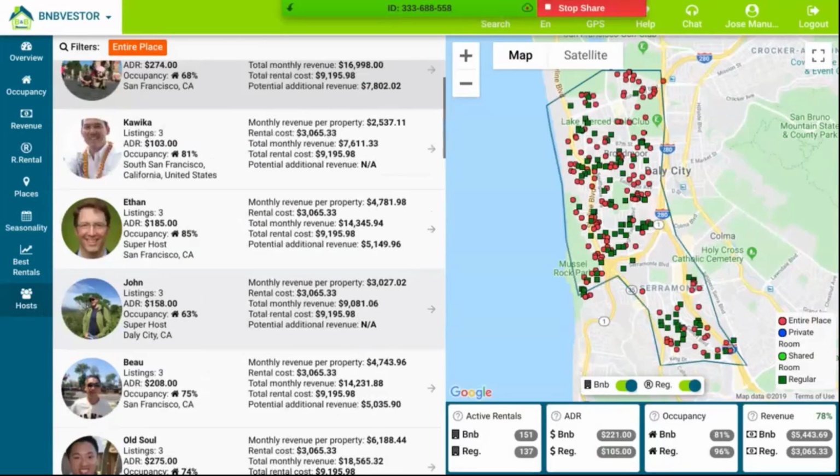Like Ethan, like John, like Bo, like Kawika, or any of them. Right now they have 3 listings, but I'm sure that they want to have more. They could be making $5,000 a month, $6,000 a month, or even $7,000 a month, but they want to do more.